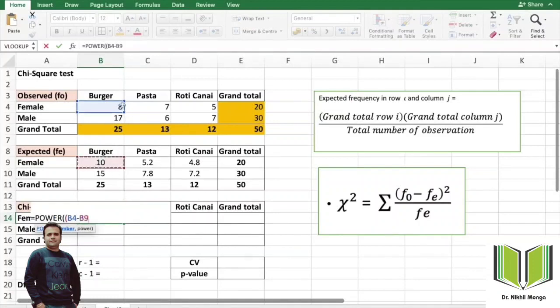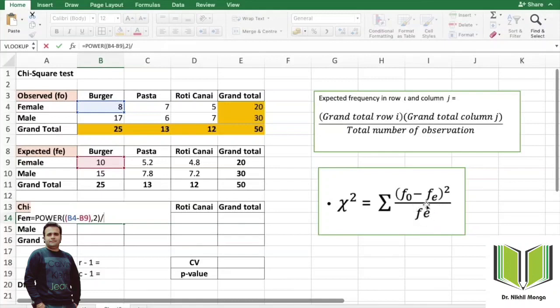Now we have to subtract the expected frequency, that is the 10, cell B9. Now I put the bracket. Remember that there should be a double bracket. Now there is a comma and then the power. The power I require is 2, so I just write 2. I close the bracket and now it's time to divide it by the expected frequency.